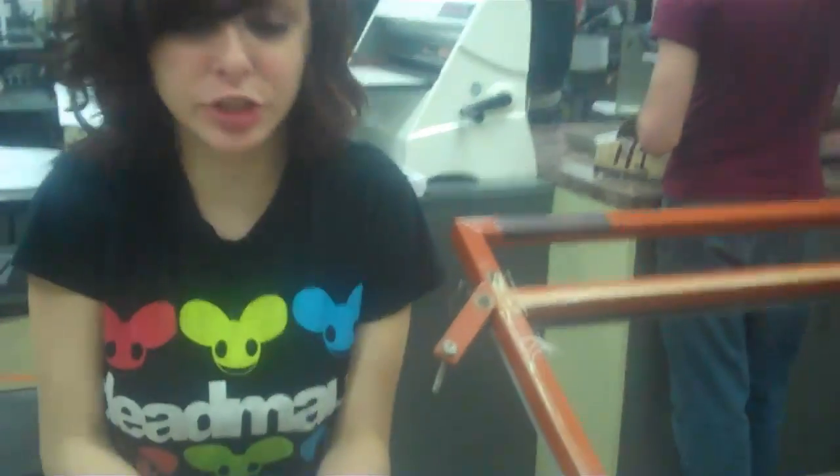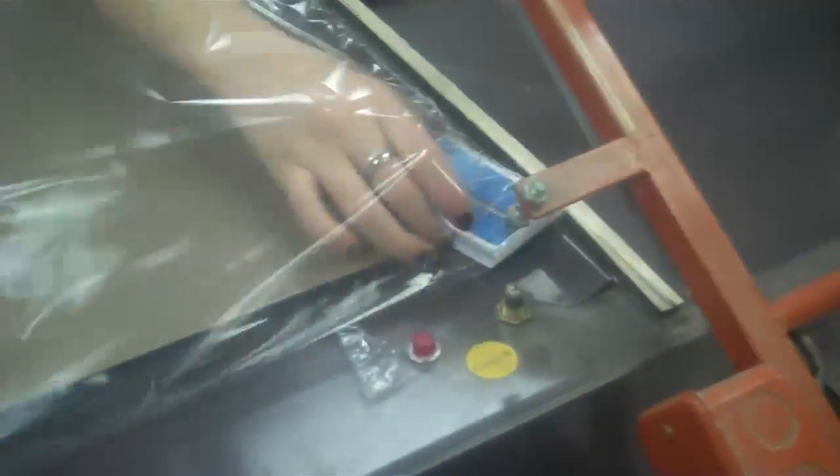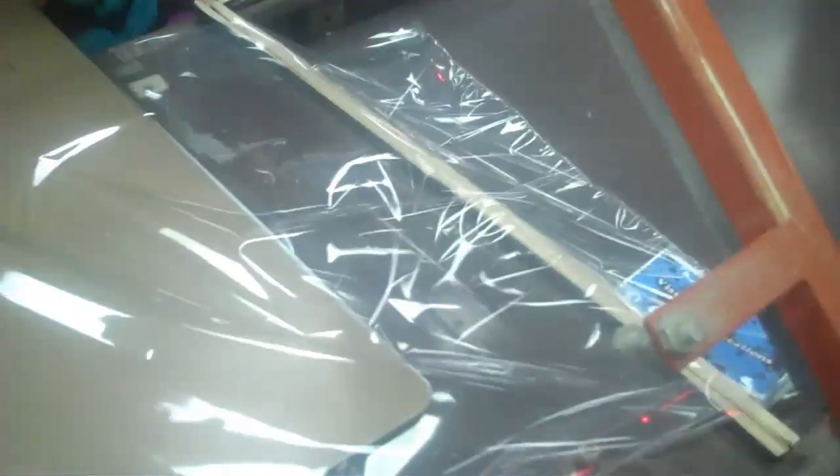Okay. This is a shrink wrap machine, and obviously this is where we shrink wrap stuff. Now we're going to take our business cards and you put it in this plastic bag. Bring it down here, and through here there's a metal rod that gets really hot and it melts the plastic. And you want to put it through here. It pushes that button. When that light turns off, you peel it back,